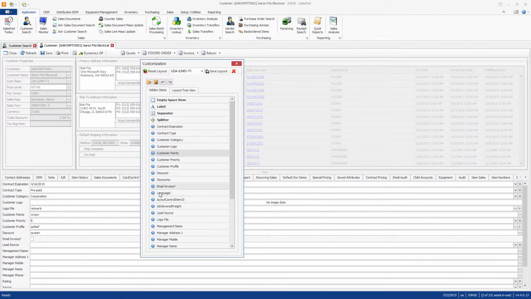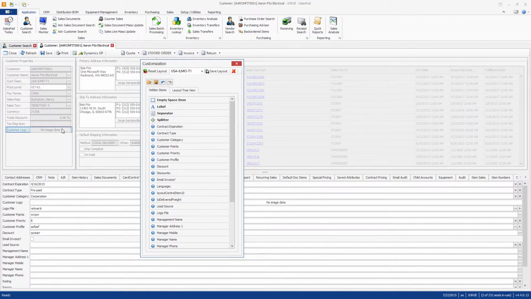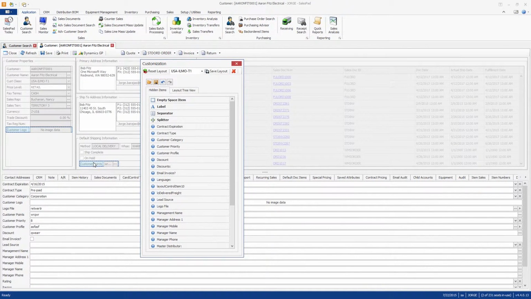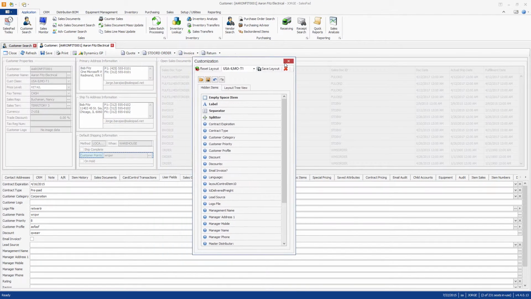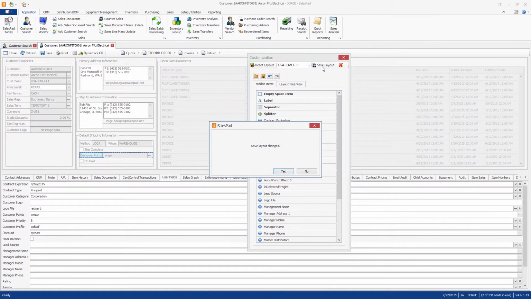And one of the nice things about SalesPad is that I can actually drag those user fields to the sales document header or the customer header, for example. So again, I can simply drag it to that section of the screen. I'm going to take the customer points user field as well, and I'm going to place it here, for example. And once I'm satisfied with those changes, all I have to do is press the Save Layout button